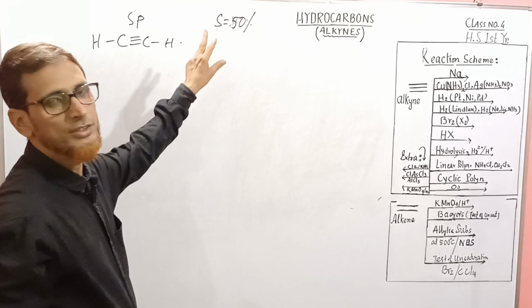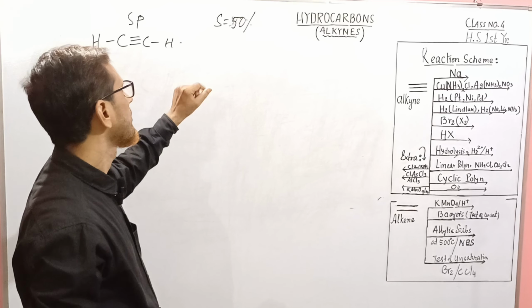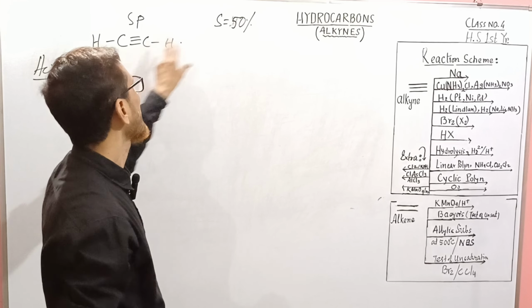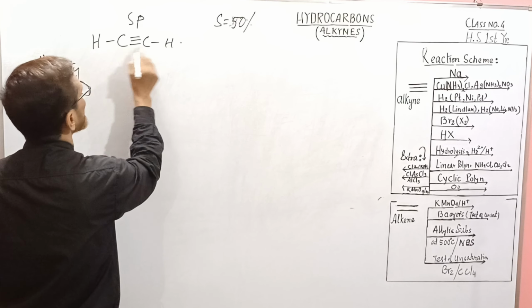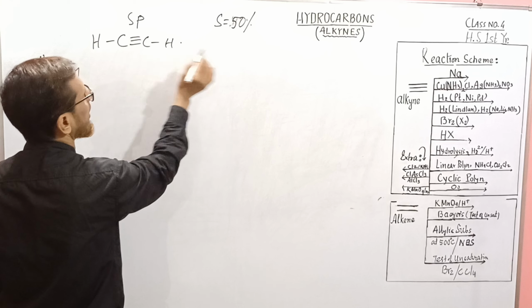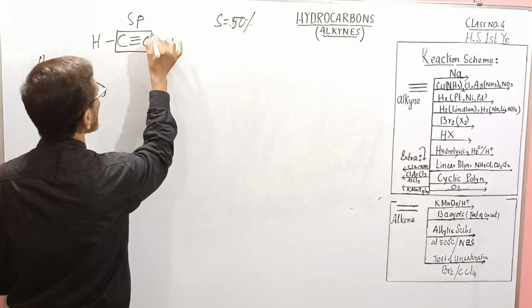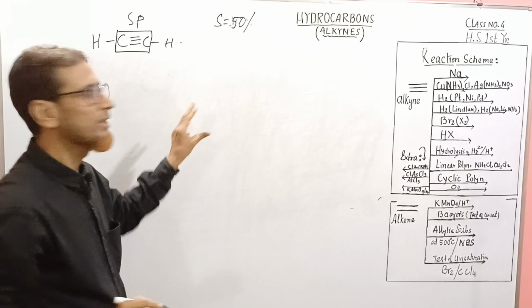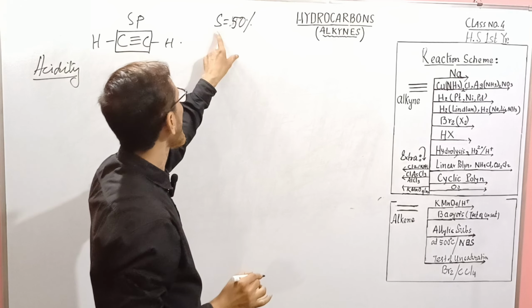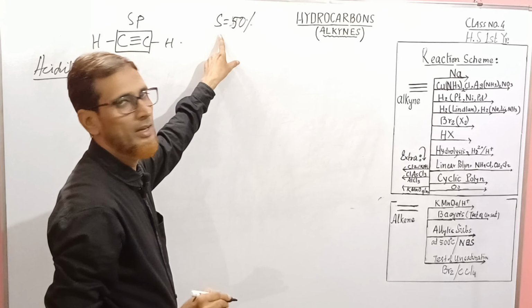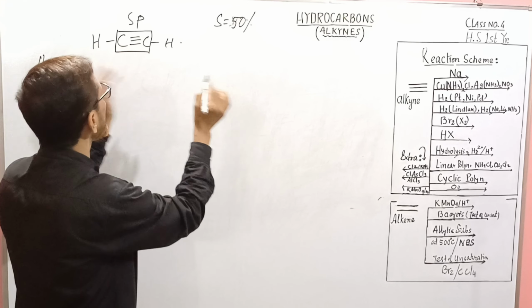In alkane, s is 25%. In alkene, s is 33.3%. In alkyne, s is 50%. So these two bonds are sp hybridized, and due to this the unit becomes a bit tough. You just follow me. Since s character is highest, 50%, due to this s,